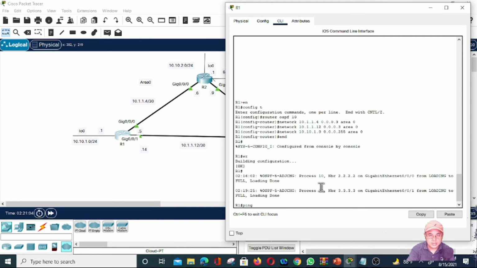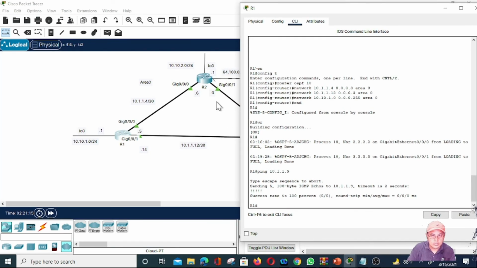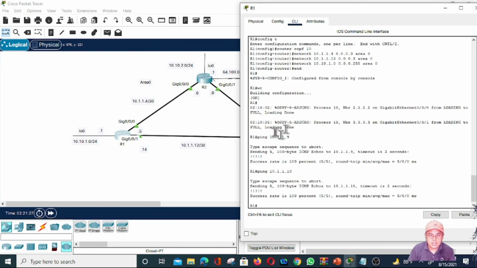We're going to ping 10.1.1.9. It will ping now. A while ago it did not, because the network command was not yet configured. If we ping the other, which is .10 of router 3, it will also have a success rate